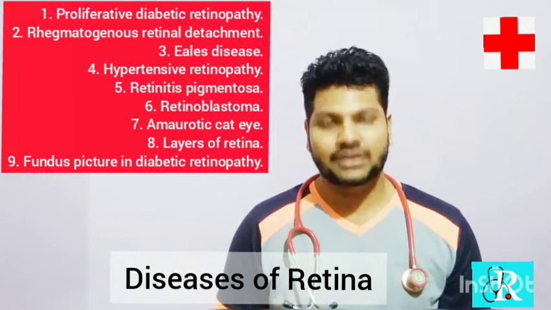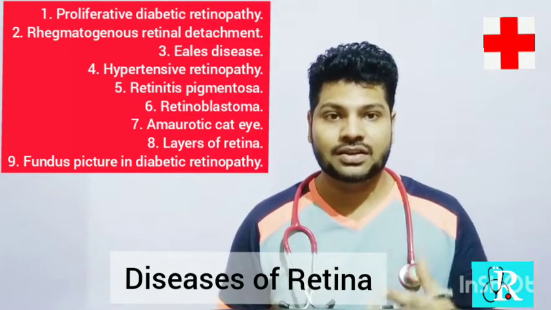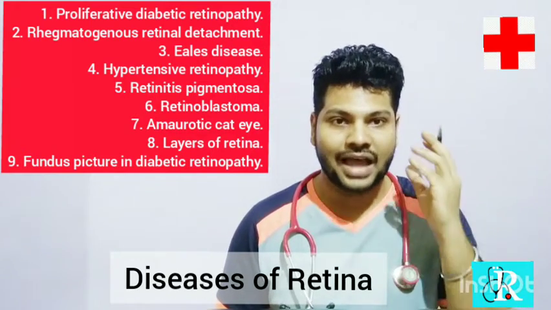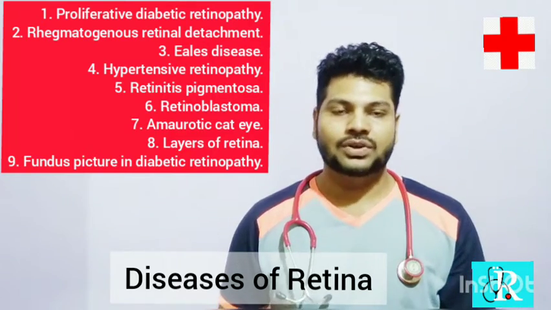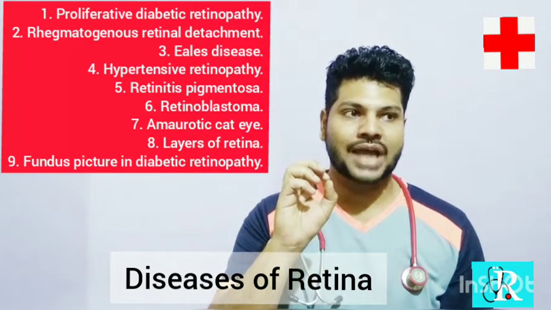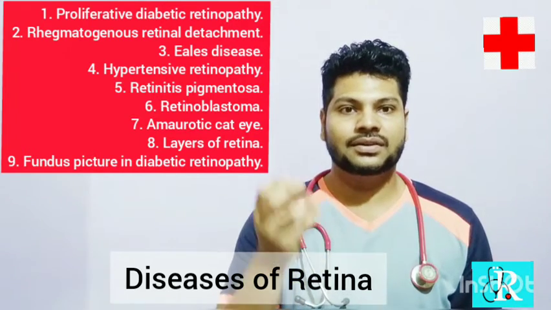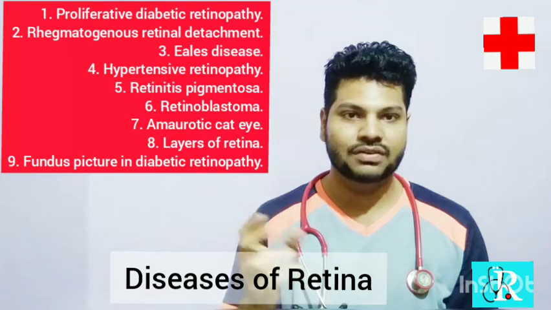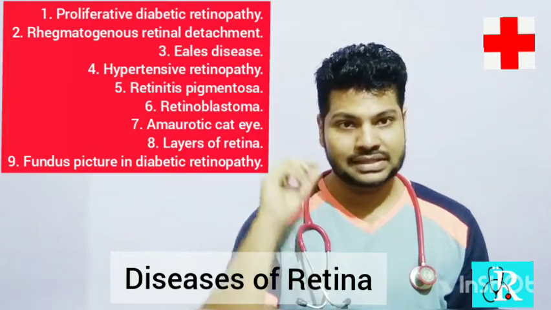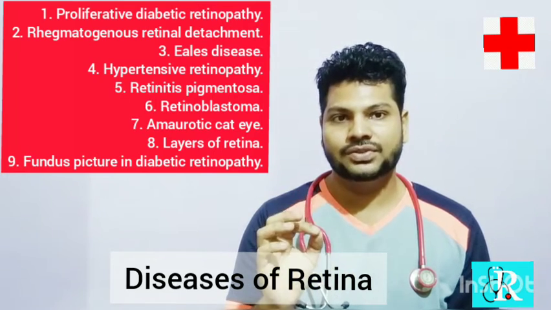Next comes hypertensive retinopathy. Whenever the systemic blood pressure rises and is not in control, it causes end organ damage, such as failure of the kidney and failure of the eyes. This is the end organ damage because of high blood pressure within the retinal arteries. The retinal arteries show ruptures and aneurysms, and because of the rupture of the blood vessels, the retinal tissues don't get enough blood supply. Hypoxia and malnutrition occur for the retinal tissue, and the person may go blind. So how will we treat it? First, treat it as an emergency condition. Immediately start reducing the blood pressure by giving antihypertensive drugs in the emergency.